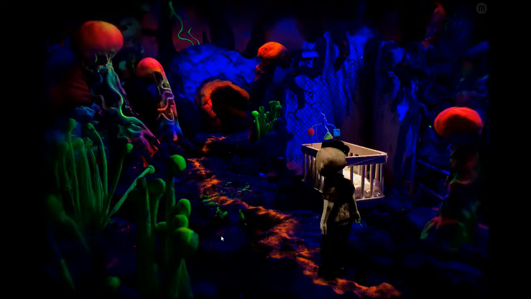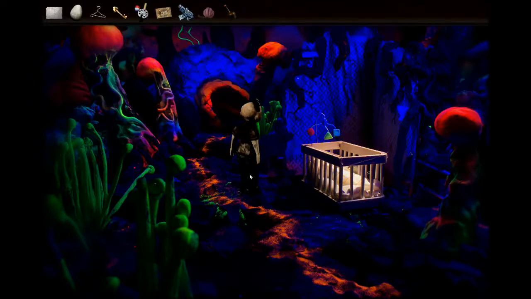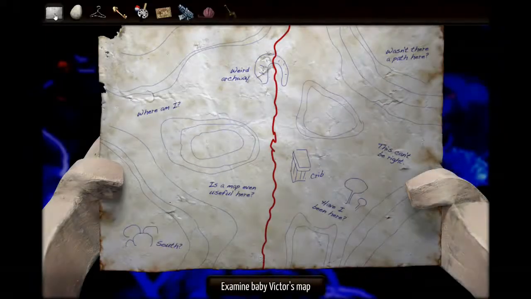So here we are at baby Victor's screen, and that's our map piece. I think we are up to 3 or 4 by now. So let's maybe go back to Edie's place and put this in as well. Yeah, I think this is the 4th piece I collect.